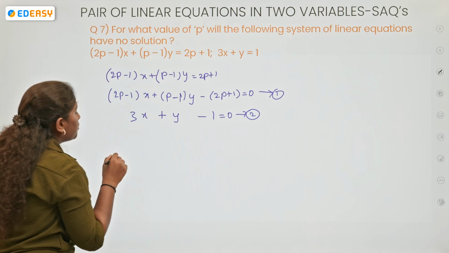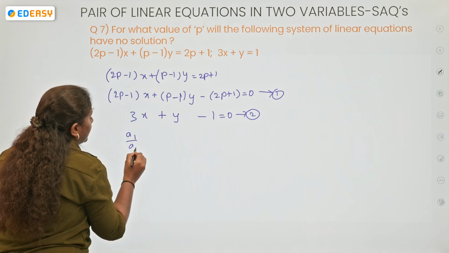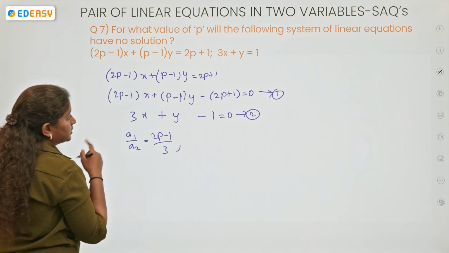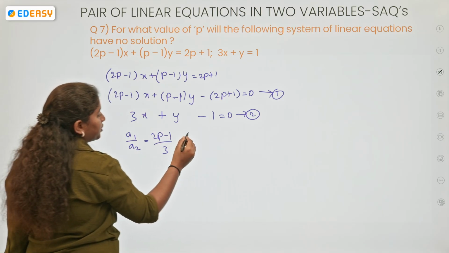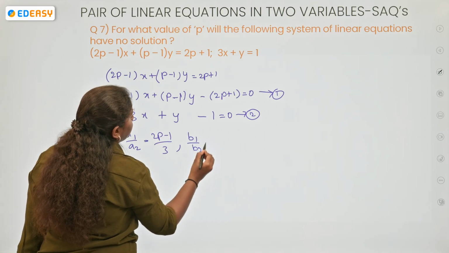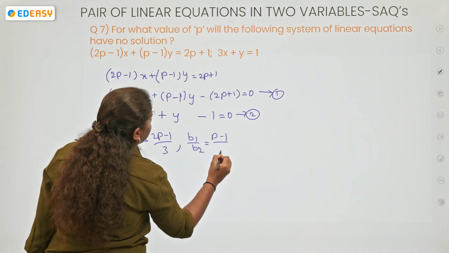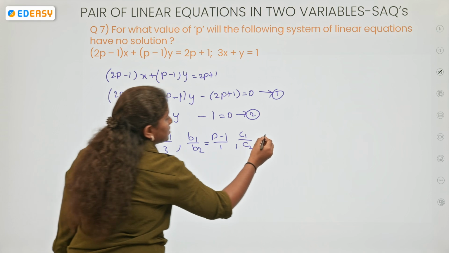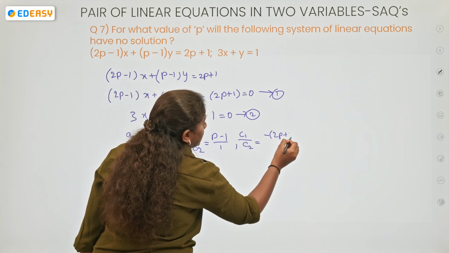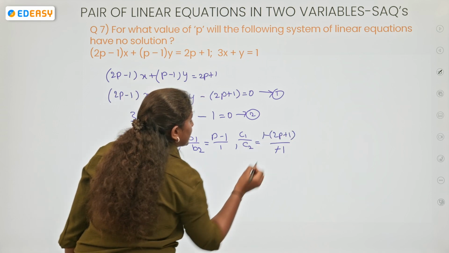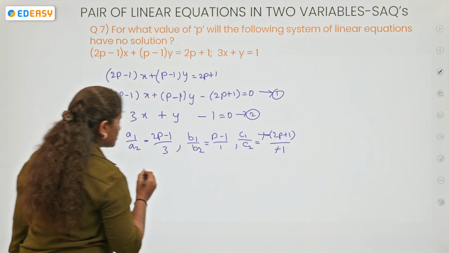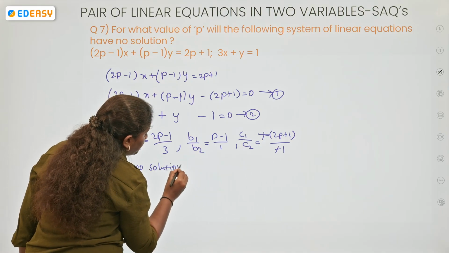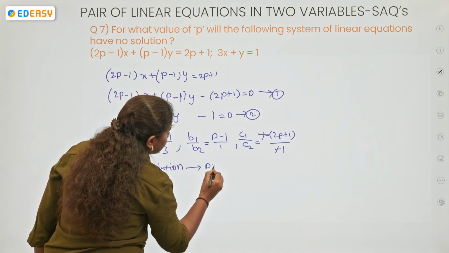Now take the ratio of coefficients. A1 by A2 will become 2p minus 1 by 3, B1 by B2 equals p minus 1 by 1, and C1 by C2 equals minus of 2p plus 1 by minus 1. Minus minus cancel. Now, no solution means what type of lines those are? Parallel lines,